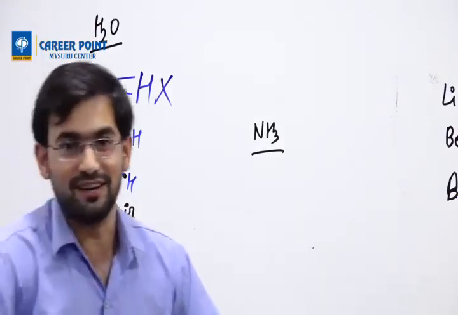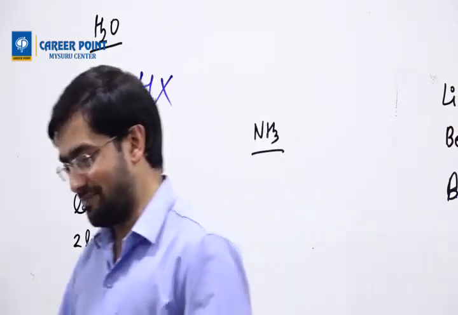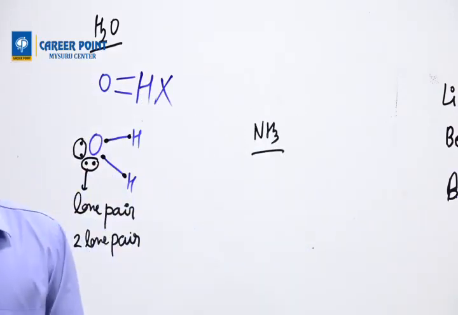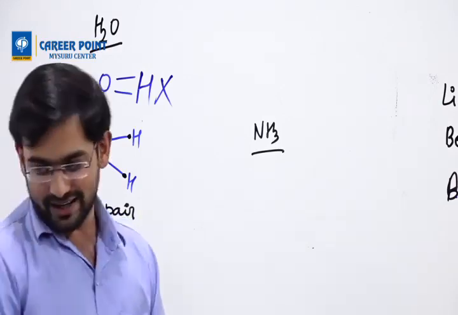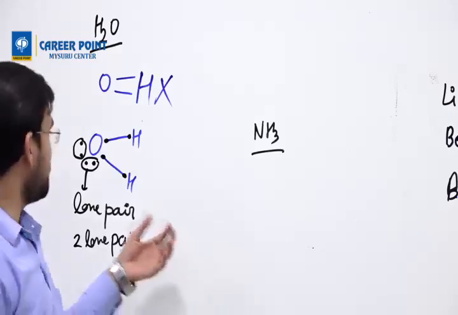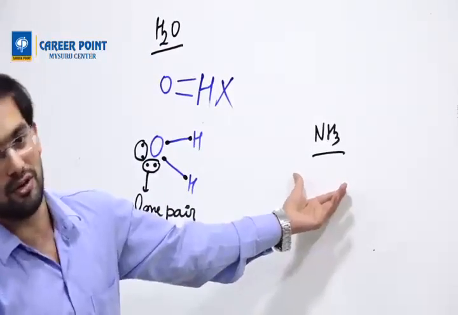Don't go much more, one extra step. You know also, but they are not correct completely. Okay, the shape is not bent. It doesn't have 3 lone pair. Do only the thing which I'm telling you to do right now. I'm telling you to draw like this for this compound.